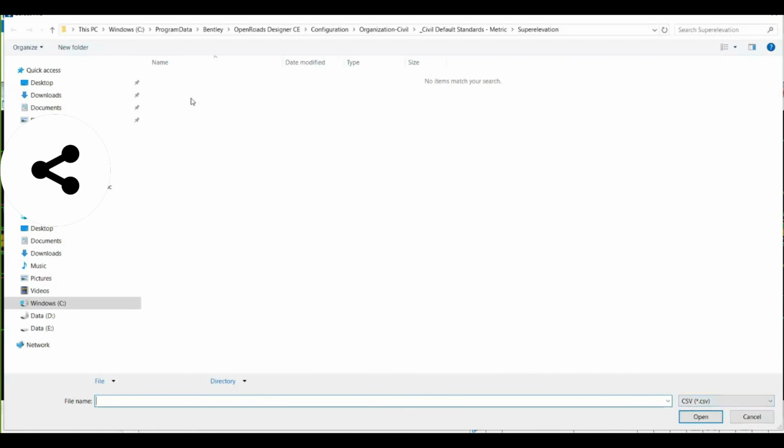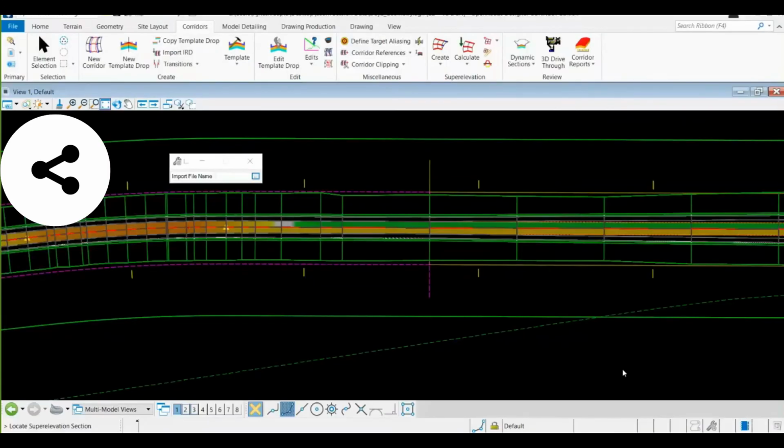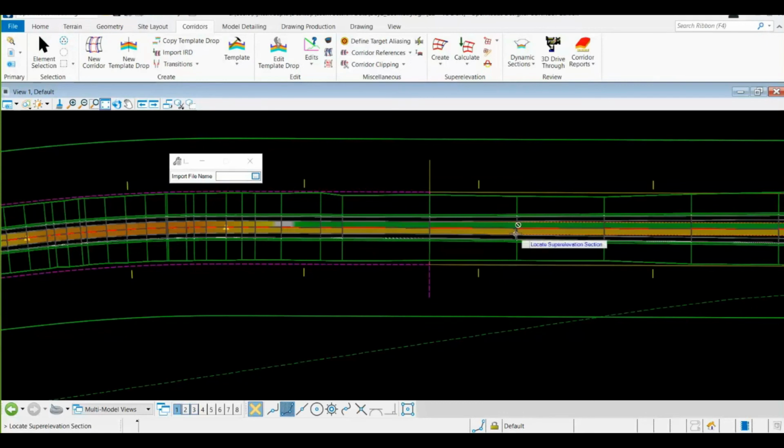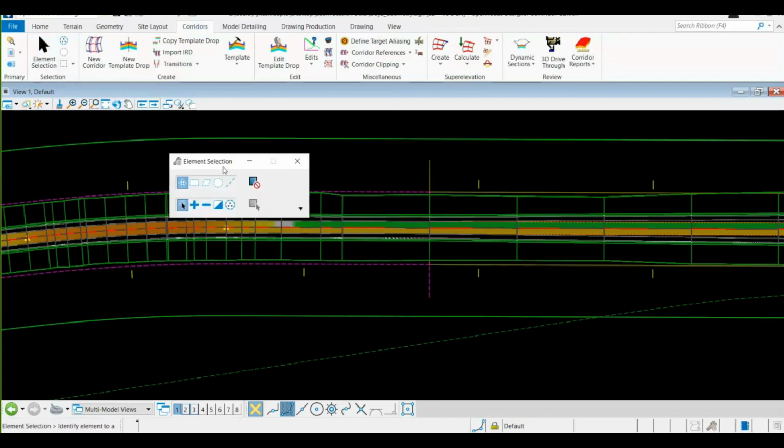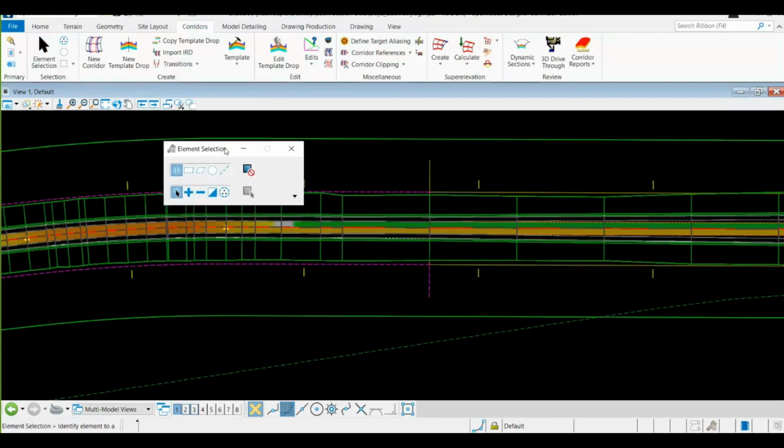I need to locate my CSV file, and as soon as I locate it, it will apply the super elevation over my corridor. If I need to make any change, I can change graphically as well once I load my CSV file.